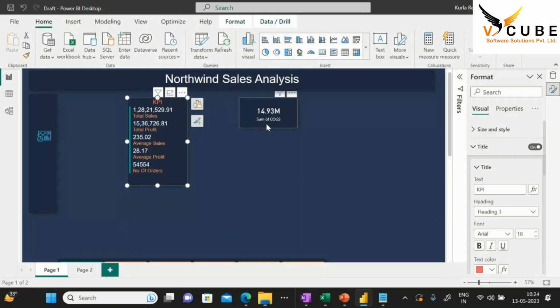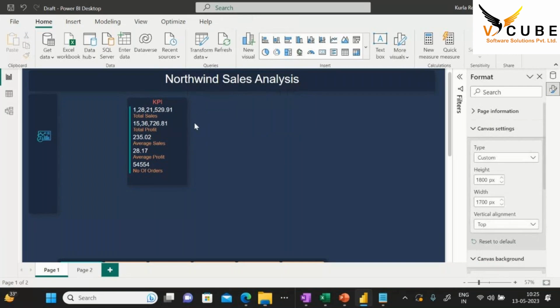So that's it. Okay. So I need to add some visuals here. In the remaining space, I want to add some visuals. So what I want to do is create field parameters. Field parameters is